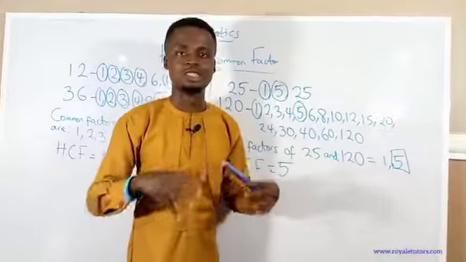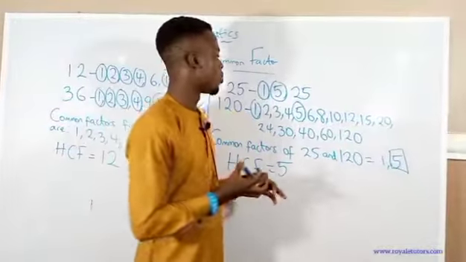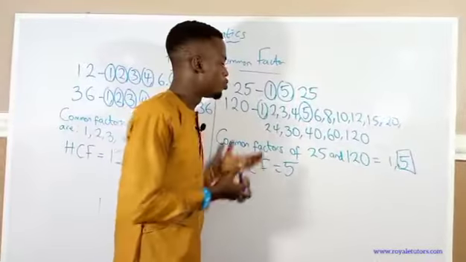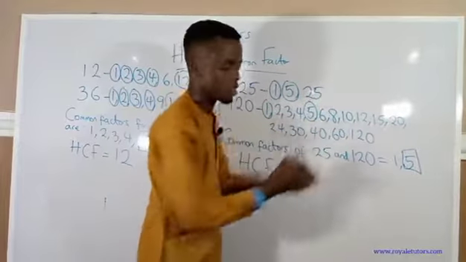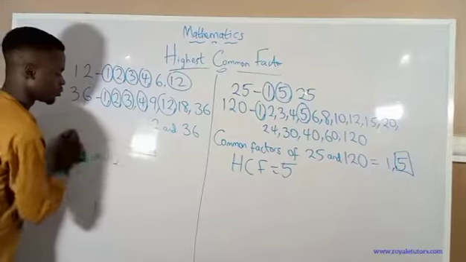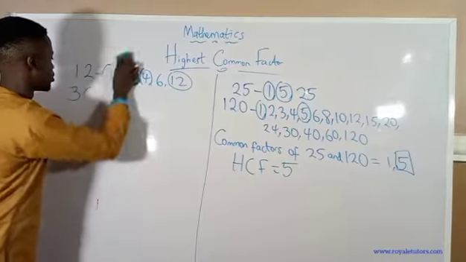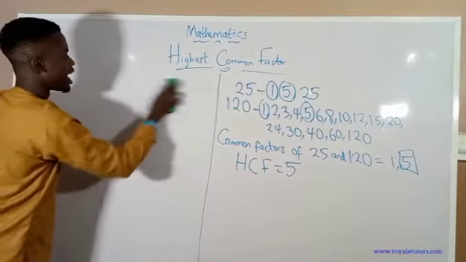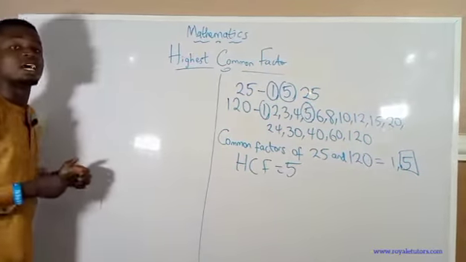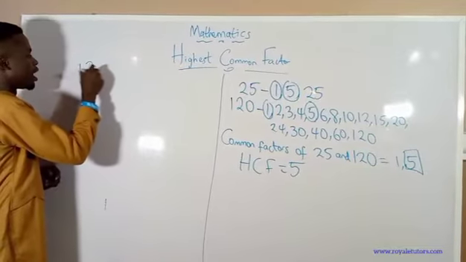Now I want to show you the simple method. We use that method to solve for 12 and 36, and we also use that method to solve for 25 and 120 to get their HCF. Okay? So if we are asked to find the highest common factor of 12 and 36,